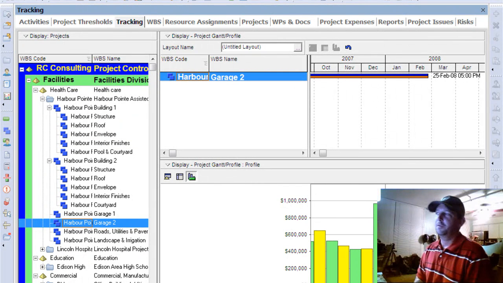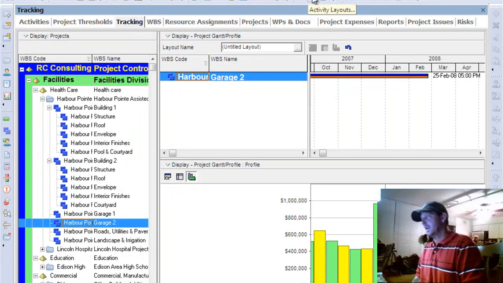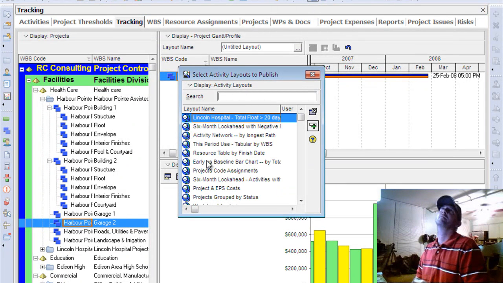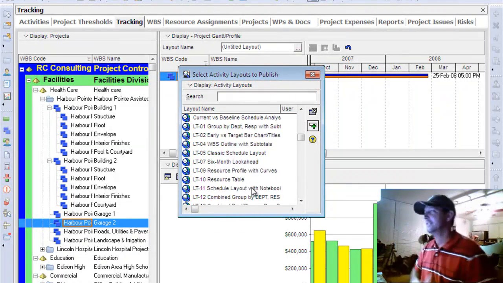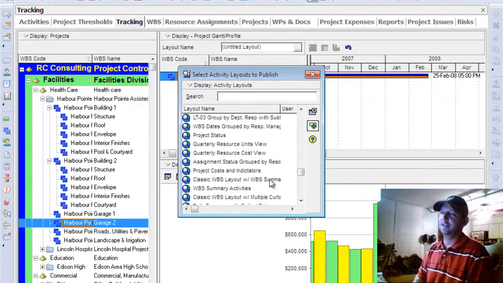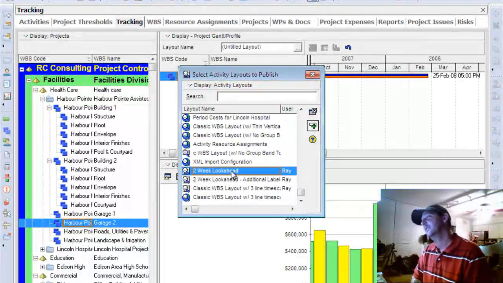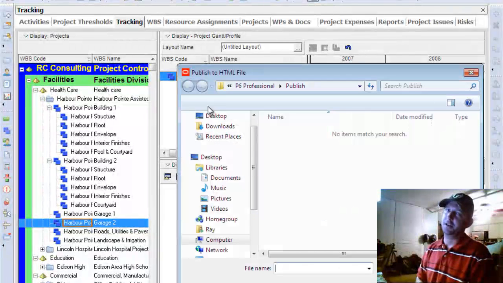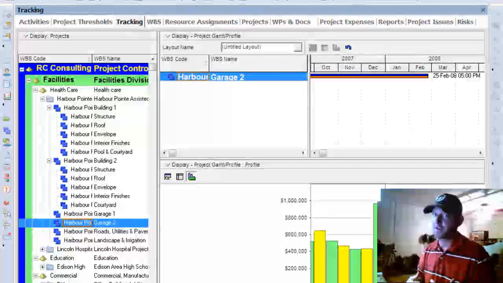I can't remember the name of what they call it right offhand, but forensic analysis. Don't call CSI. Those are the guys that sit there and pick your schedule apart, and P6 wanted to make sure that they had the ability to do that